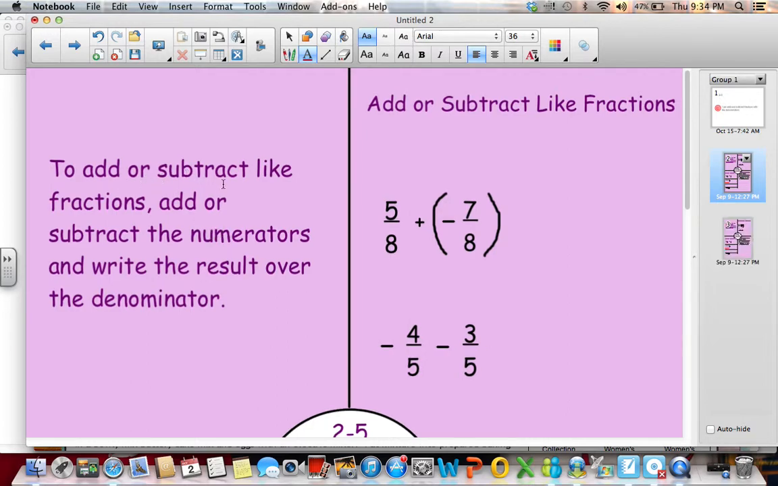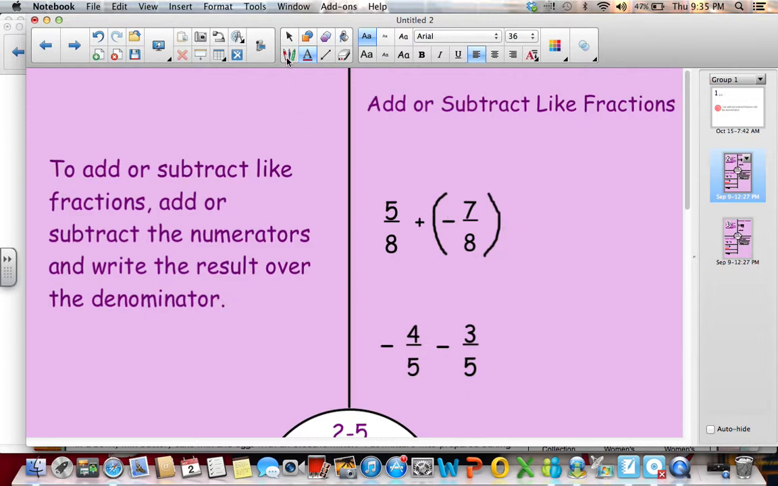So, to add or subtract like fractions, so like fractions have the same denominator. These are like fractions because they both have 8 in the denominator. Even though this is a negative, they're still like fractions. Here they both have a 5 in the denominator, so they're like fractions. To add or subtract them, it's pretty simple. They already have the same denominator, so we just add or subtract the numerators, and then we write the result